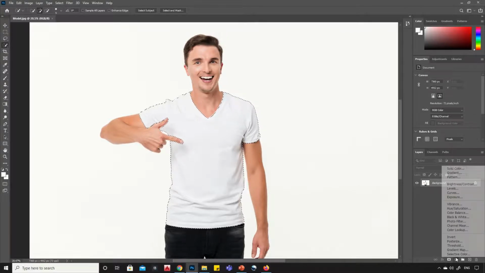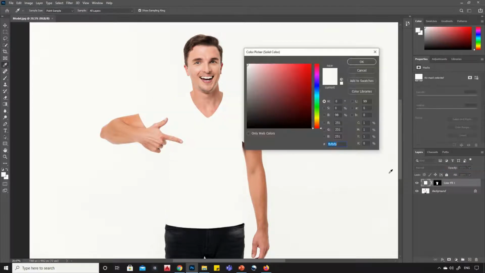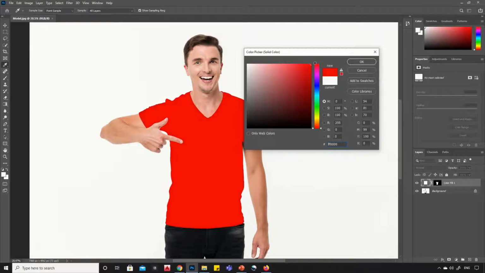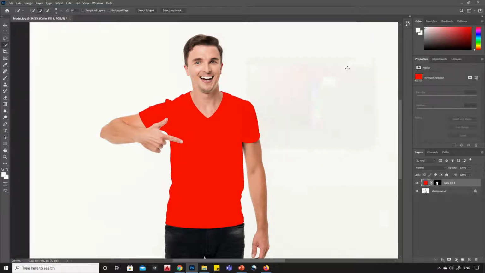Once the selection is done, then add a solid color layer. Select any color and hit OK.